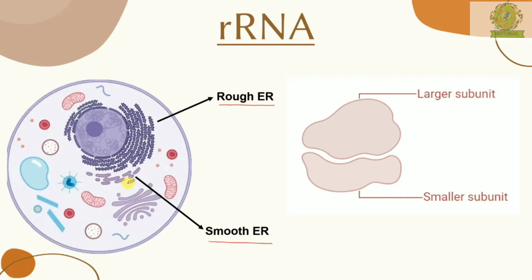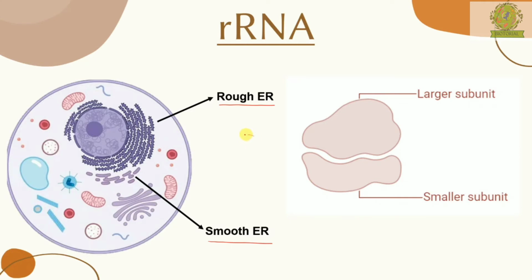Here in this image you see that this particular section is smooth endoplasmic reticulum. These small parts shown in purple color are smooth endoplasmic reticulum, and these linings are rough endoplasmic reticulum. If you observe the rough endoplasmic reticulum keenly, you see small dots present on each of them, which makes it look like a rough structure. Here the structure is smooth, so they have been named accordingly. And these small dots are nothing but the ribosomes.